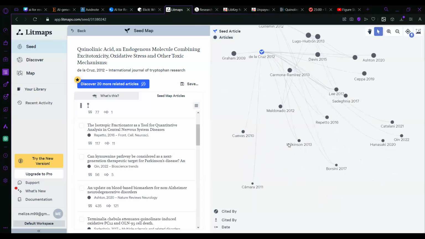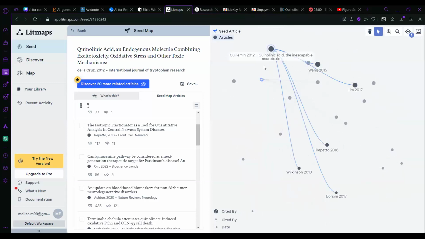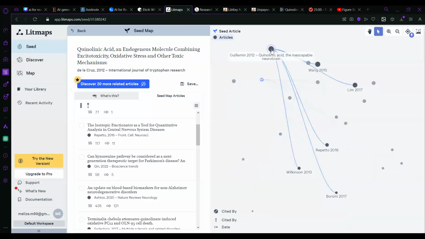And then also I think that the bigger the circle is, the more closely related it is, and then it is also on a timeline. So most recent articles will be here, and yeah, the older ones would be on the left side, the most recent ones on the right side, and then if the circle is bigger, then that relates to your topic more.